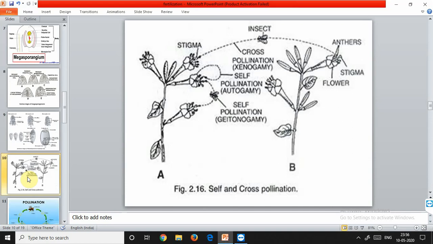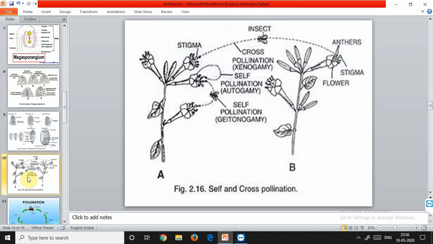What is hybrid vigor? There will be no increase of the variation in the plant, that will lead to a decrease in the power of its resistance, and the immunity of the plant will keep on decreasing, and the ability to adapt to the environment will also decrease, because there will be no variation again.